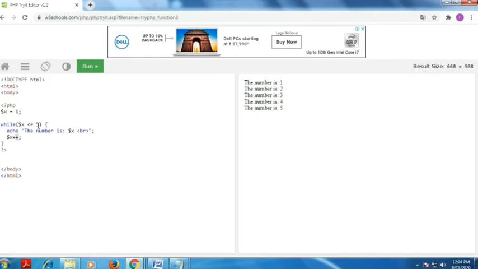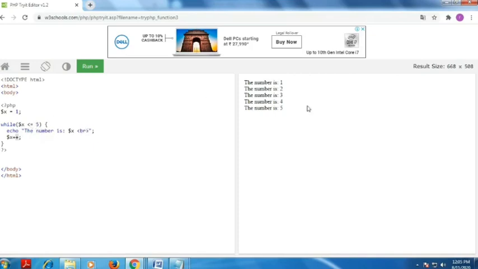It's true, so the statement executes: the number is 1. Then x plus plus: 1 plus 1, so the value of x is now 2. The 2 goes back to the condition: 2 less than or equal to 5. Yes, it is true, so the statement executes.